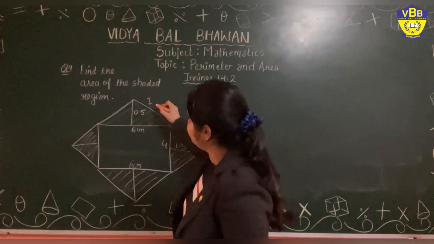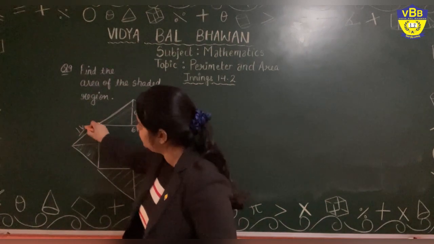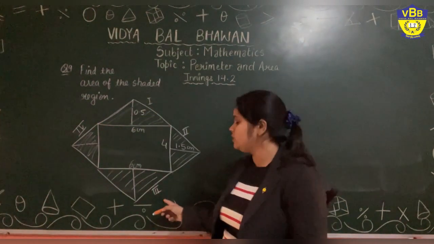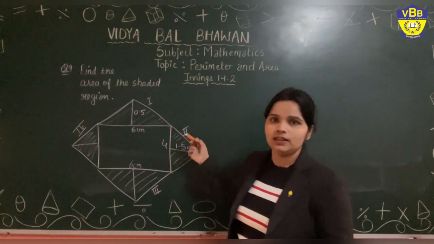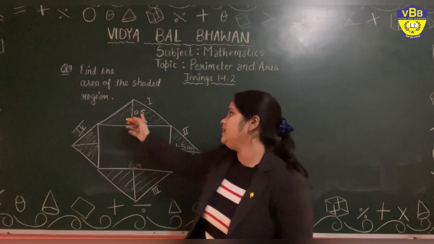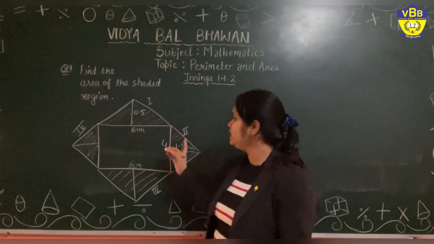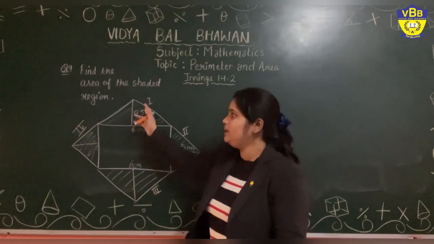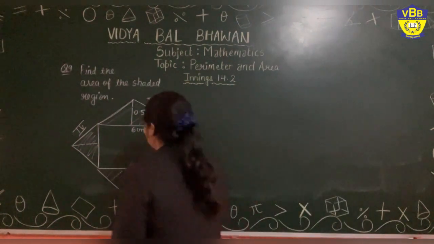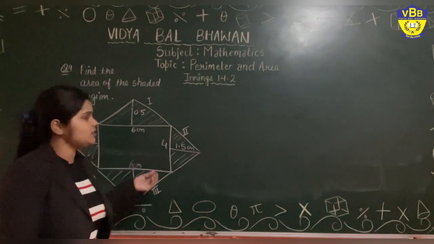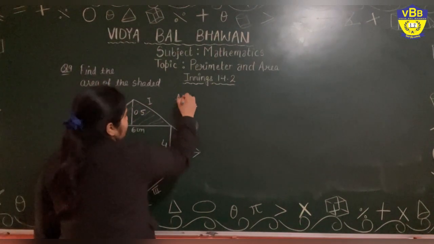So if I am writing this is first triangle, this is second, this is third, and this one is fourth triangle, can I say area of first and area of third triangle are equal? Or I can say area of fourth and area of second triangle are equal. That means if I find the area of first, that will be equal to this. I only need to find the area of two triangles, first one and second one. Automatically third will be equal to first, fourth will be equal to second. Let's just start. Everything is given in this question. Just need to calculate and add. That's it.